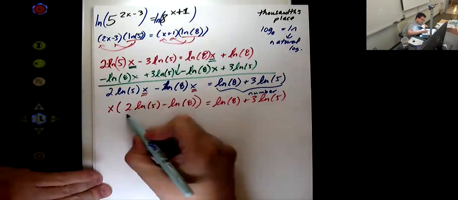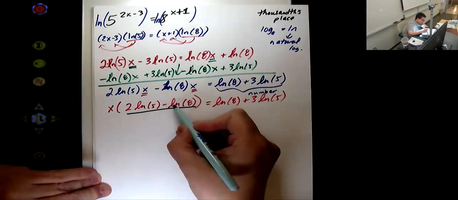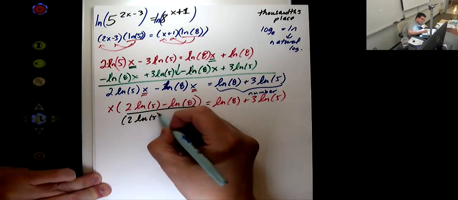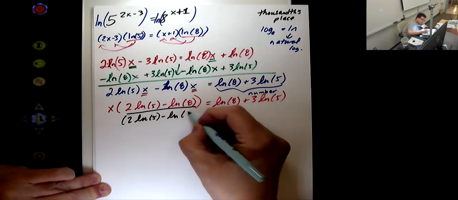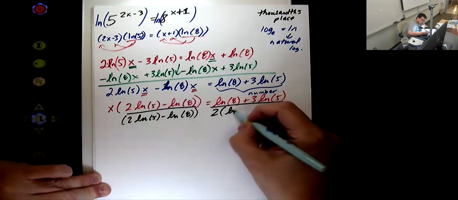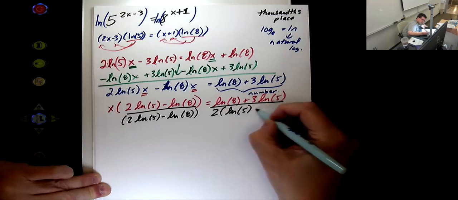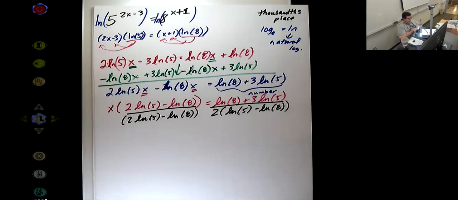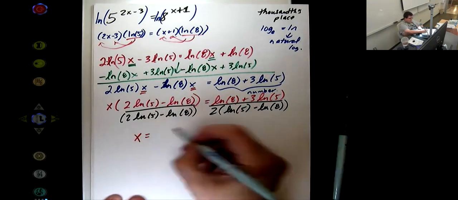We're almost done. Let's finish it off. This is just a number times x, so we're going to divide both sides by that number. I think doing the cursive natural log makes it a little bit easier to read. So we finish off with